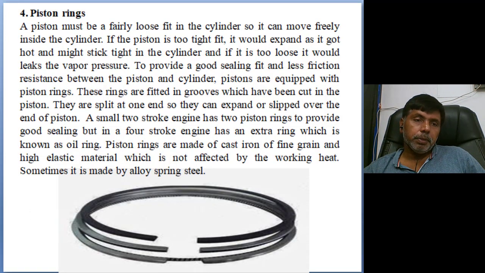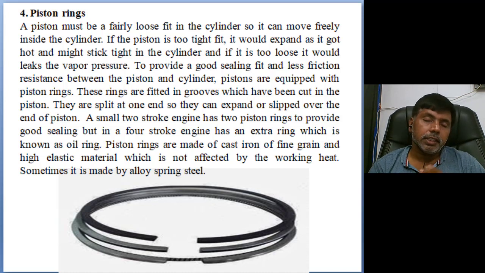Why are there rings? Because we maintain some gap between piston and bore, otherwise friction welding will take place. But that gap would create leakage of the combusted gas, so the expansion process would not take place. For that purpose we provide open-end rings. At the time of manufacturing we do not insert the rings; after manufacturing we insert them according to bore and piston diameter, so the size of the rings depends on that. Two rings are called compression rings. The purpose of the compression ring is to not allow combusted gas past during the expansion stroke, so the entire pressure acts on the piston crown only and the expansion process takes place.